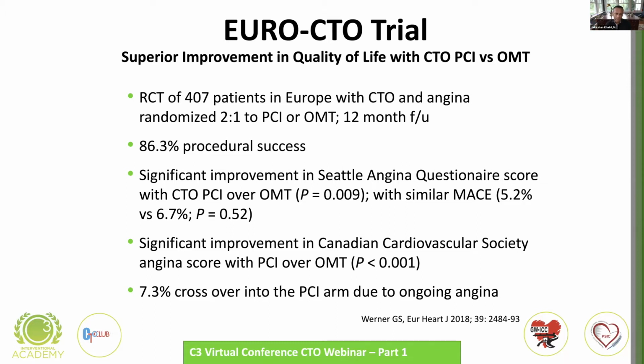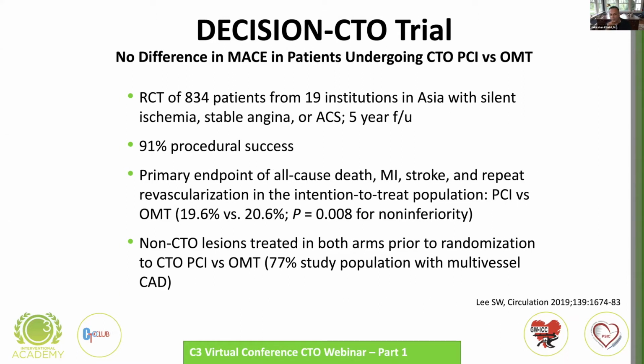The genie is effectively out of the bottle. We have enough experienced operators and enough referring doctors who believe in the benefit of this therapy that it's very, very hard to do a solid trial where we can cleanly avoid crossover. And that gets to the trial that probably made the most press, and that's the DECISION-CTO trial, which really showed